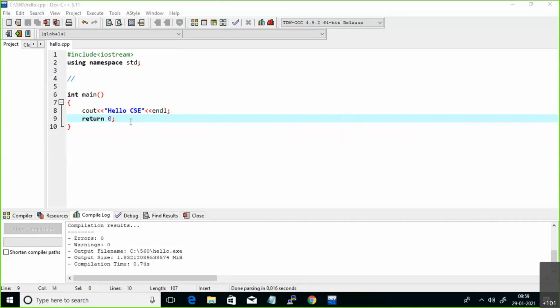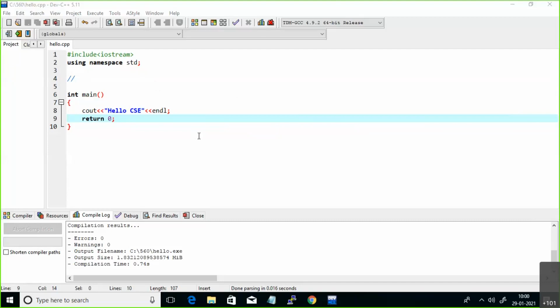Any doubts in this simple program? If you have any doubts, or if you are unable to speak in the class, just post in the chat box as well. I can clarify. This is a simple program. After that, for any program, the same thing is what you need to do. First, you should write your code, then save your file in your folder and then compile and run your code.